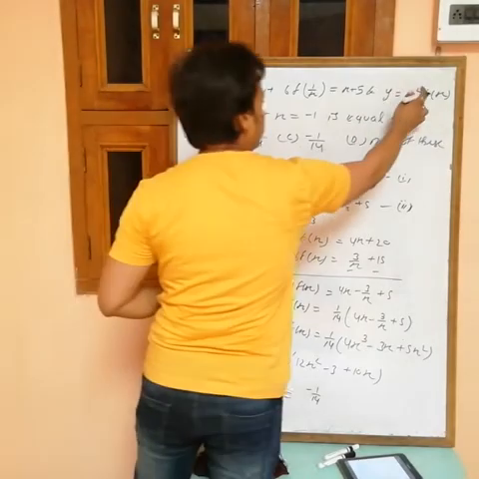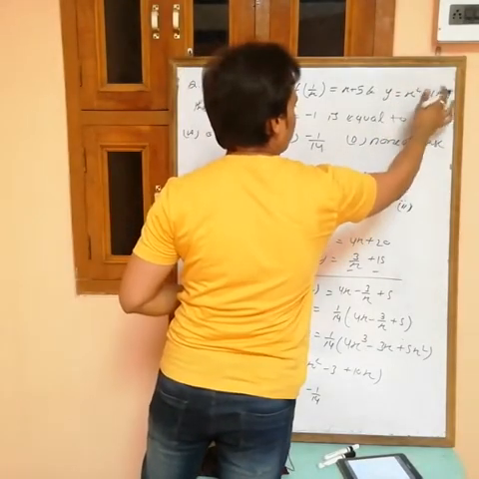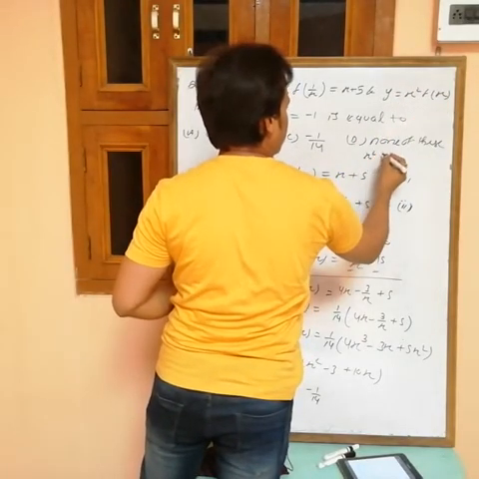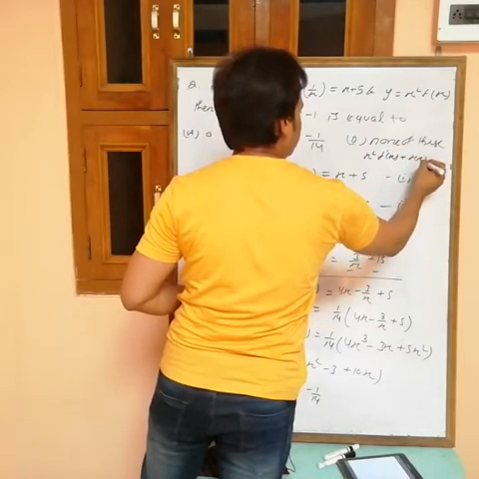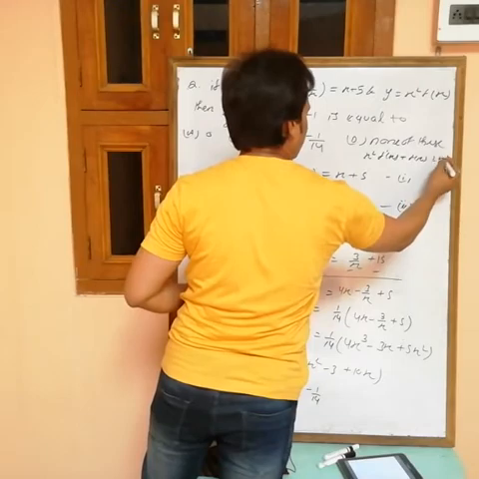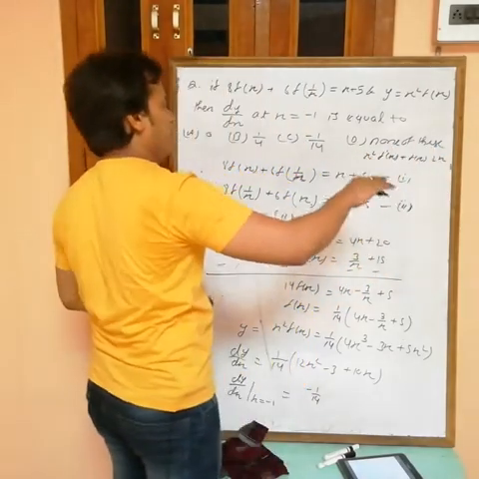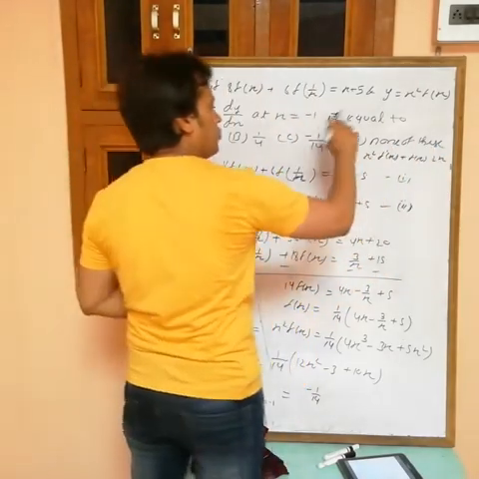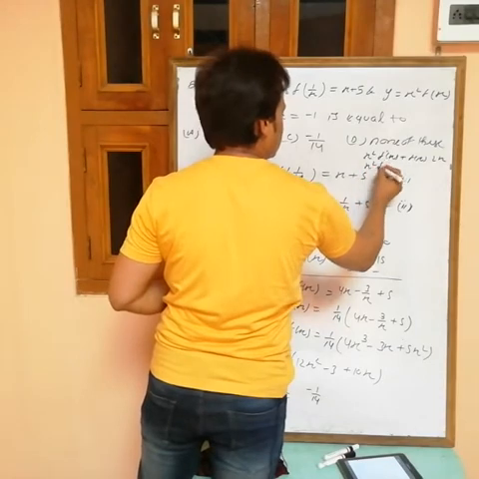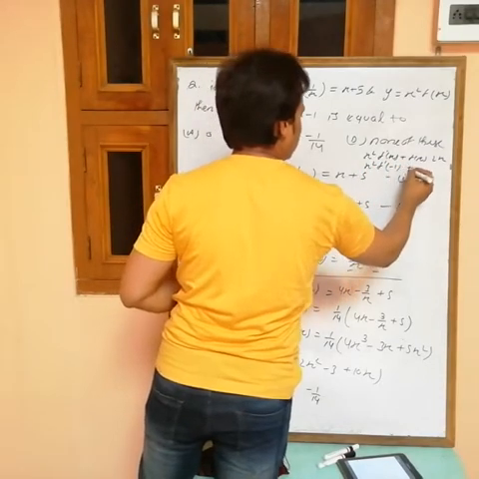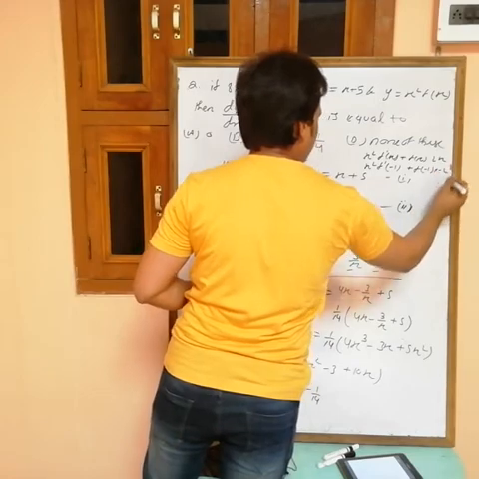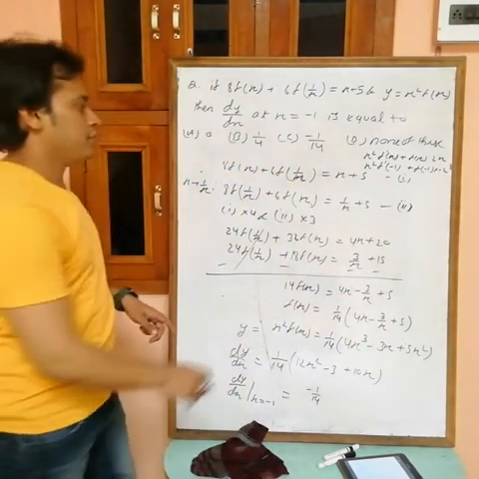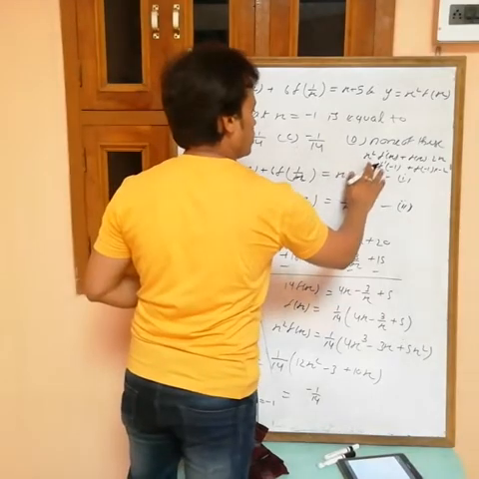First differentiate this one, then by using the product of two functions, what will you get? x square constant, derivative of f(x) is f'(x), then f(x) constant, derivative of x square is 2x. Now put x equals what you want, dy/dx at x equals minus 1. Put x equals minus 1, then this is x square f'(minus 1) and plus f(minus 1) into minus 2. Now here also minus 1 square is plus 1.